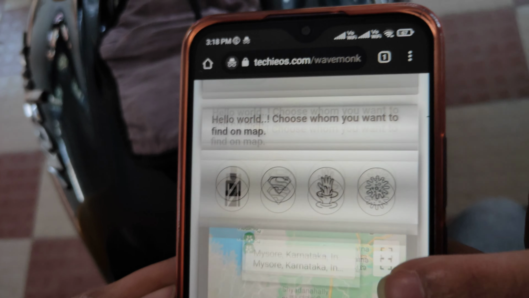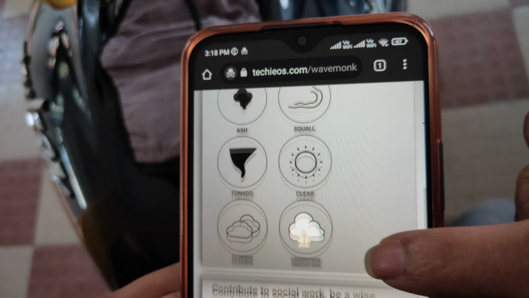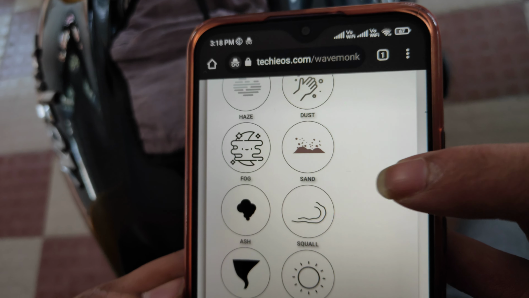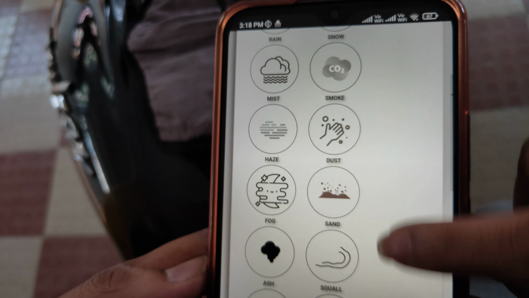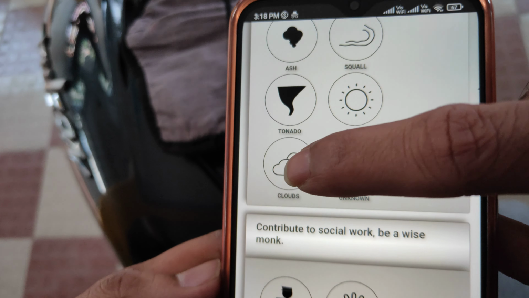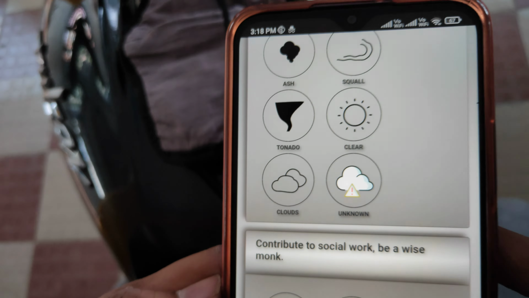Now what we have to do: even if Manju is not a user, he can just update his weather here. Like partly cloudy, one icon will be there. Here see, you can see clouds, right? Just click on the clouds. It will immediately update to our server. Once you refresh the page,